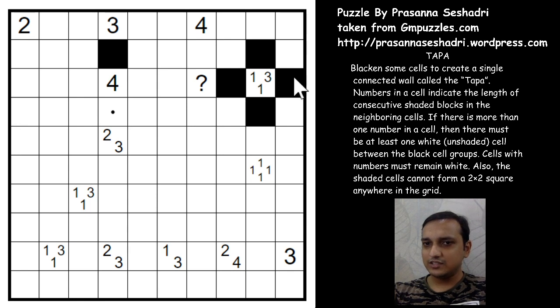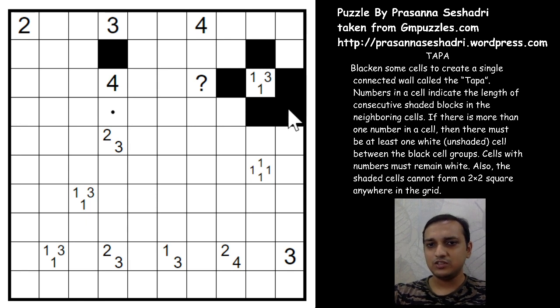This cell is stranded now and has to come out to connect to the other black cells. To do so, either this will go above or below, which will form a group of 3 shaded cells. So you have a 3 here, and you will surely have to have a group of 3 cells shaded. So you will have this or this. But what about this cell? This cell is again stranded in between, and it cannot come out to form another group of 3 cells or a 5 cell group, which will violate the 113 clue.